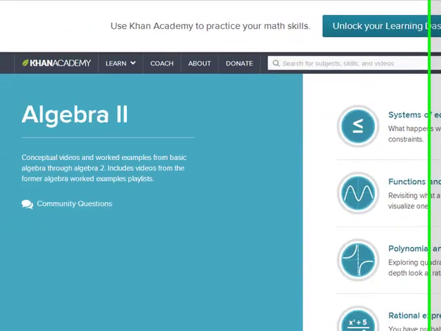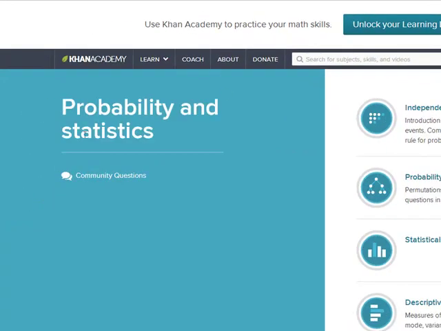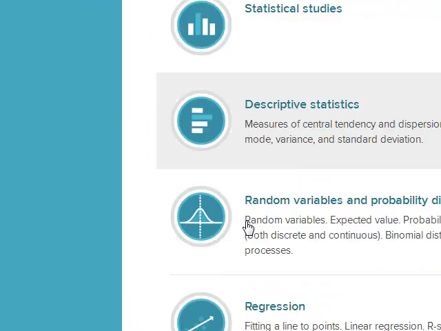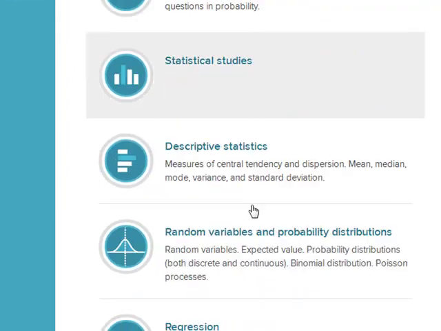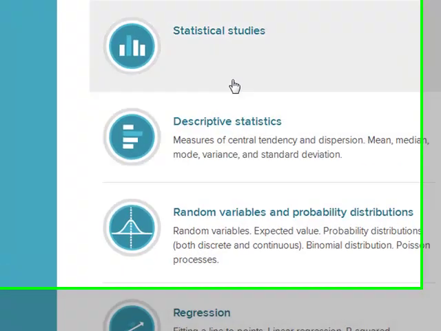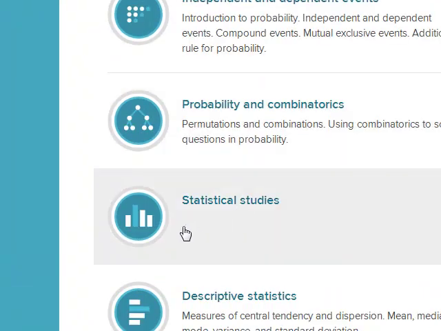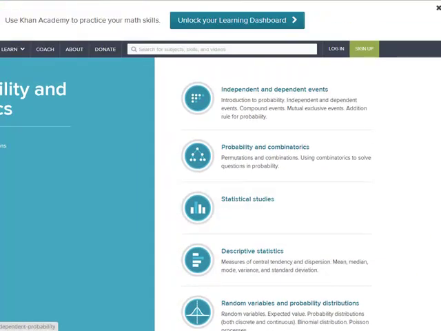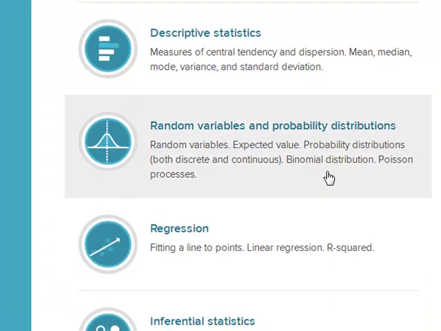Now, talking to a variety of number traders, when you move into things like probability and statistics, the thing is that a lot of them stop about here. They'll probably use maybe just simple regression. Some of them will really just do things like statistical studies or descriptive statistics. I've done it all. I'm not saying I'm a genius or anything, but I find that each and every one of these is important.